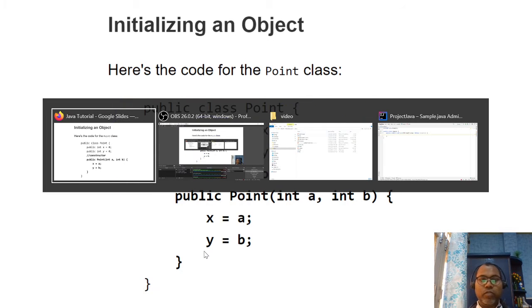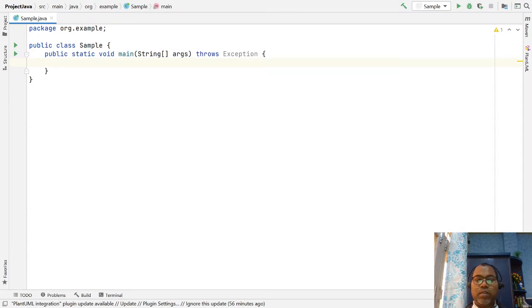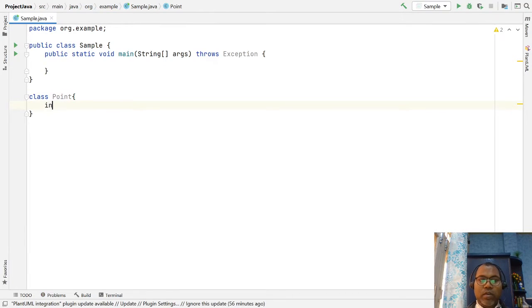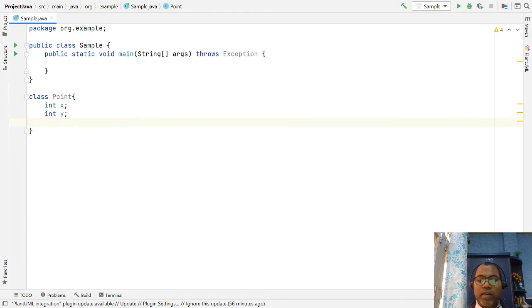Let's write an example: let's write a class Point. A Point has two fields, integer x and integer y. And here you can write a constructor.